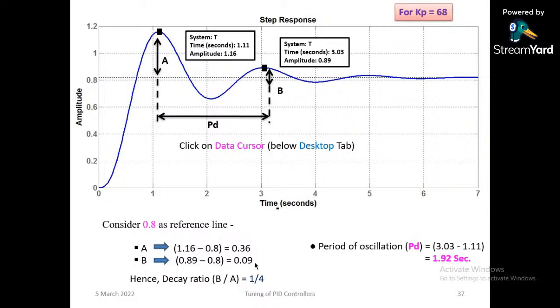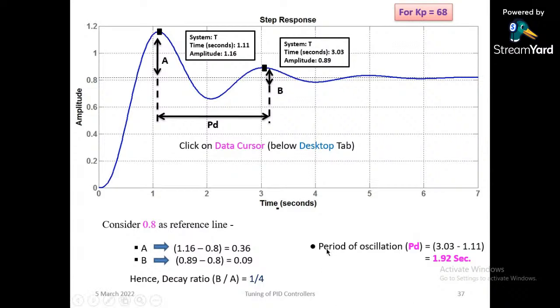Take your calculator. Just do one thing, 0.09 divided by 0.36. B upon A काढा, किती येतं बघा, 0.09 upon 0.36. किती येतं, 0.09 divided by 0.36, 1/4 ना. You are getting 1/4 decay ratio,